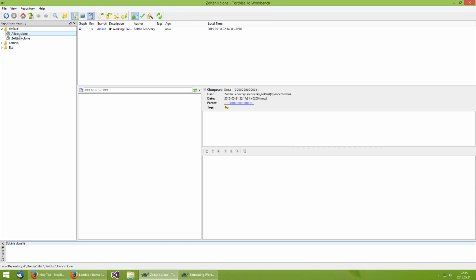This is of course customizable. You can create new groups like Lombic and so on. Here, new group. So this comes in handy if you would like to open repositories from inside the workbench instead of going there using Windows Explorer. So here is our clone, and as you can see, by default, Mercurial would use the default